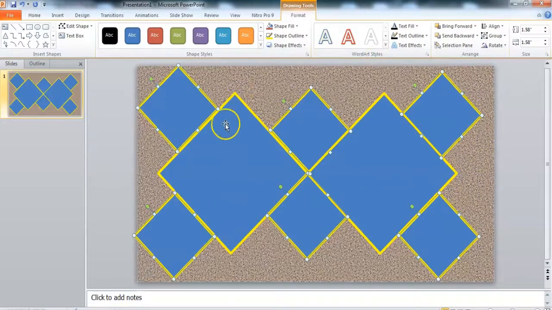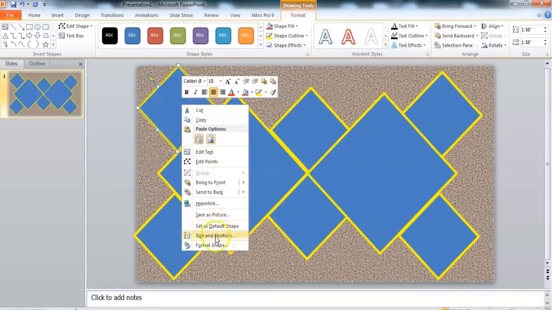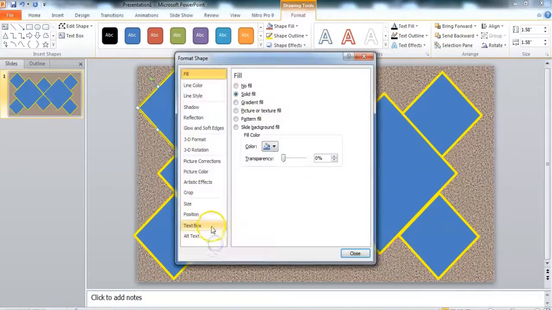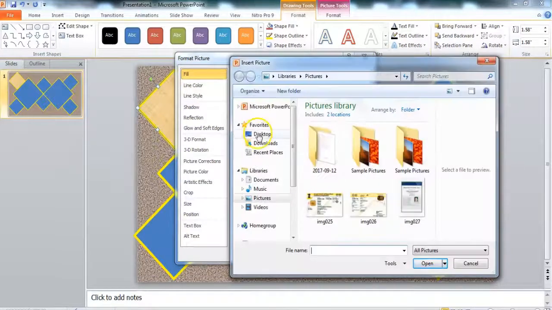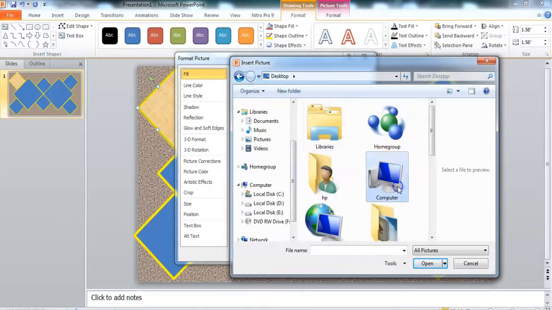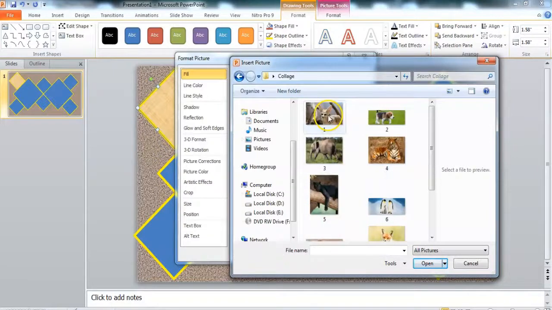Now we have to fill the pictures in the shapes. For this, click on any shape, right click here, format shape. Here go to picture or texture fill, click on file. I have already downloaded few pictures from the internet. Select any picture, click on insert button,